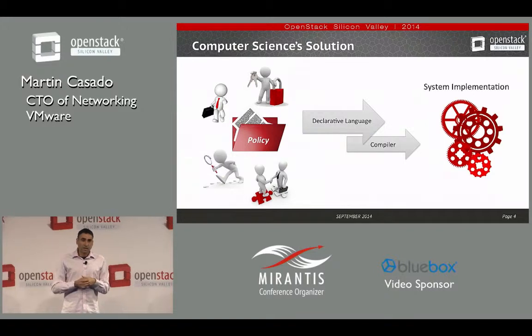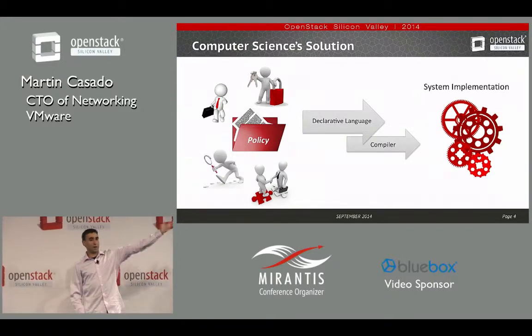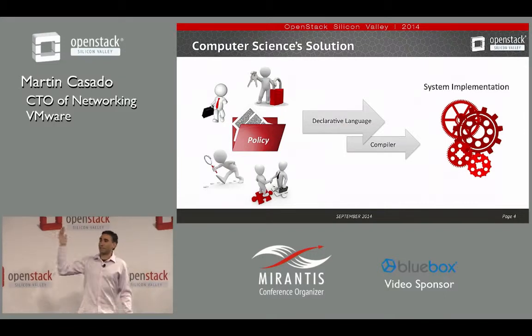So if you take most people who have worked in systems for a long time and say, okay, here's a problem: you've got people that want to say something, and a system that needs to implement it. What do they say? Well, I'm going to build some language, and I'm going to build a compiler, and I'm going to implement it. That is the computer science solution. So I'm going to build a domain-specific language, or a language that's